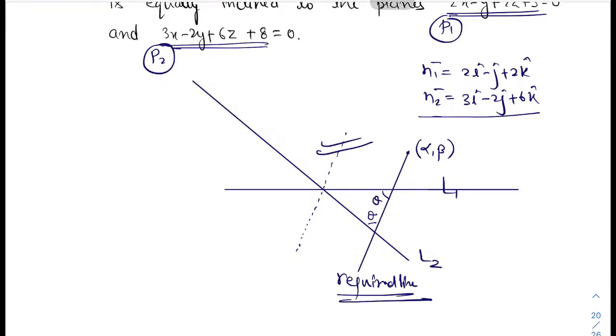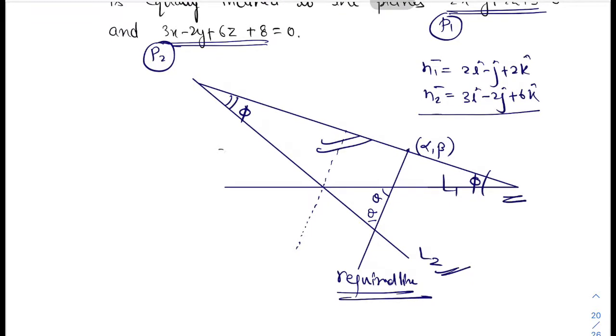So one line that is passing through this alpha beta will be like this, and again at some phi angle, at some equal angle from both the lines. This is line 2 and this was line 1. So this line will be perpendicular to this bisector. Okay, there are two bisectors, one bisector is this and the other bisector is this. So our required lines are parallel to these bisectors. This type of question we have already done in our 11th class.